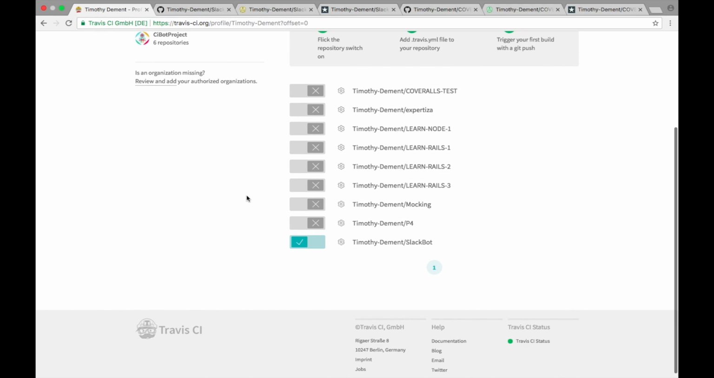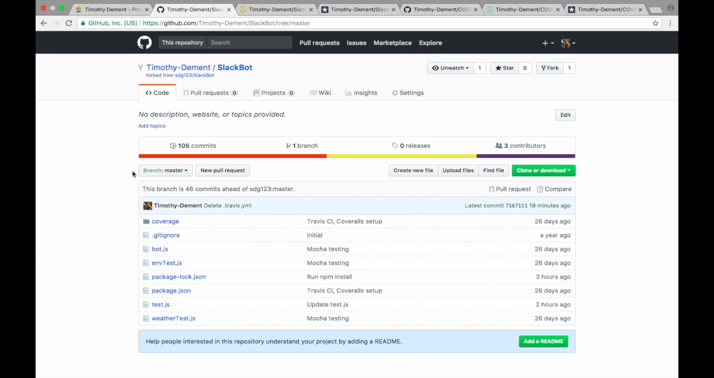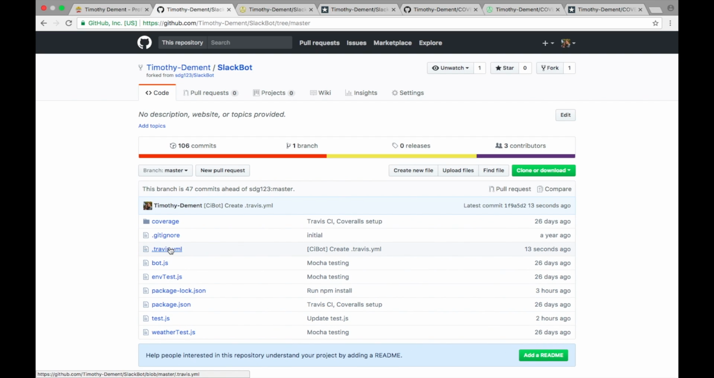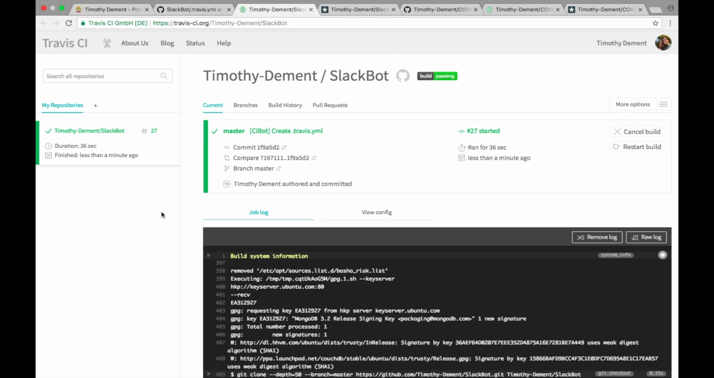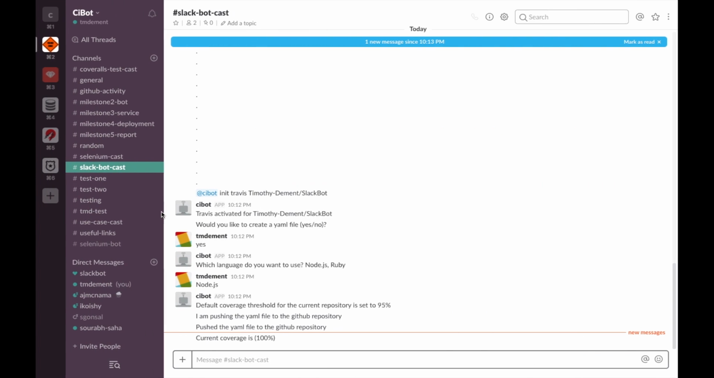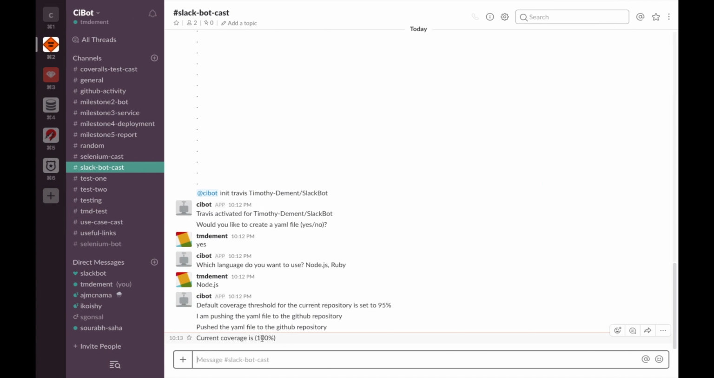And as we can see, Travis has been activated. And if we refresh, we can see there's now a Travis YAML file. And we're going to fast forward through the build a little bit, but a build is triggered, and we can see it goes successfully. And as we can see, when the build finishes, we get a message on the proper channel with the coverage